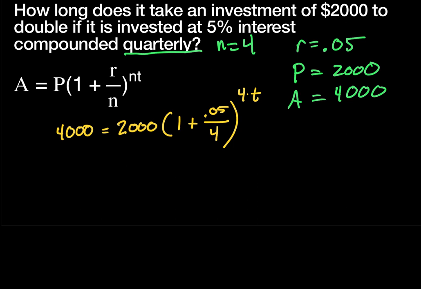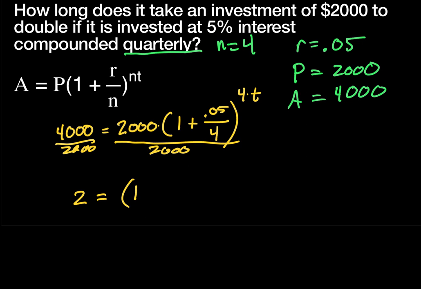I have an algebraic equation. I'm going to start to solve as best I can this equation. My t is way up here. I need to eliminate anything that's far away from it, so I need to eliminate the 2,000. It's 2,000 times, so if I take both sides and divide by 2,000, it will then be 1